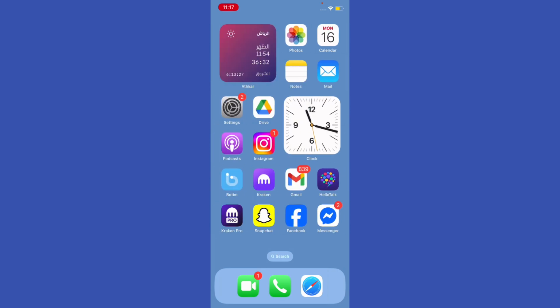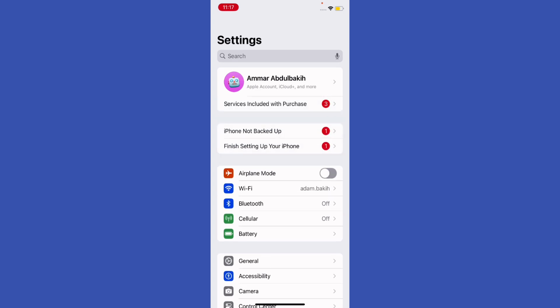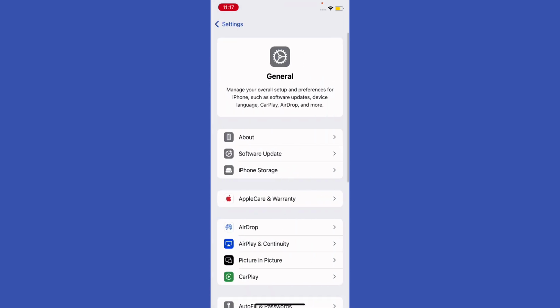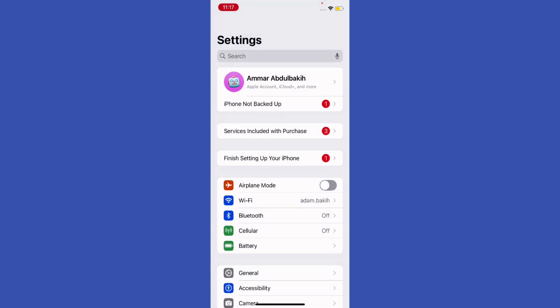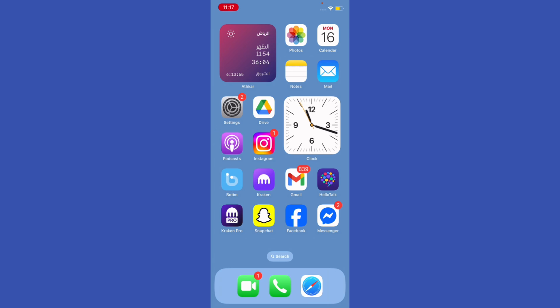Next, what you're gonna do, go ahead and update your security. Go ahead to the settings, and if you're using Android or iPhone, just go ahead to the software update on your phone and make sure you updated your phone to the latest version in order to update your security. That will help you prevent any future risk to your account. So basically, make sure to update your security, delete any third-party apps, and also make sure